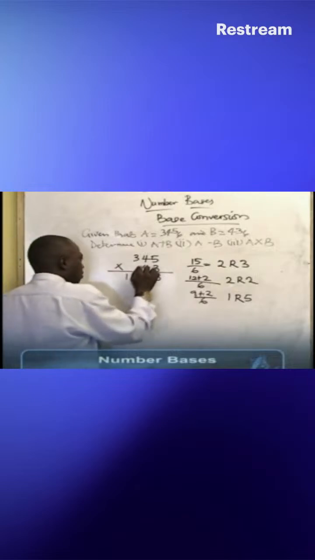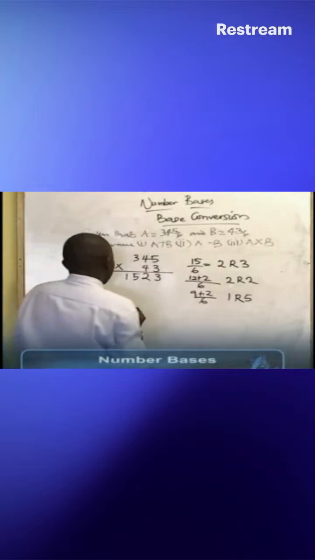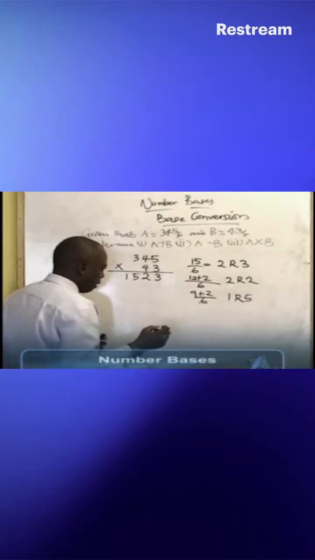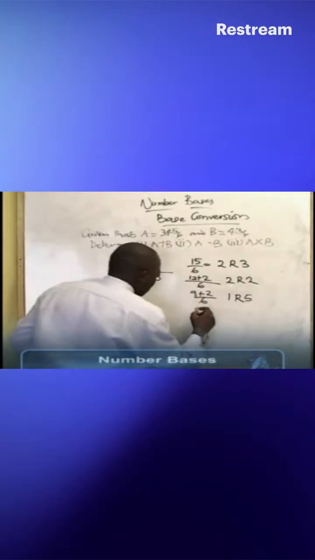The same thing for 4. 4 times 5 is 20. 20 divided by 6